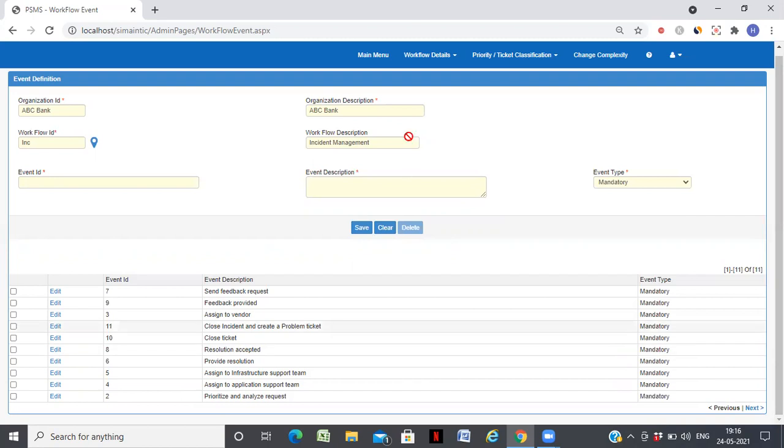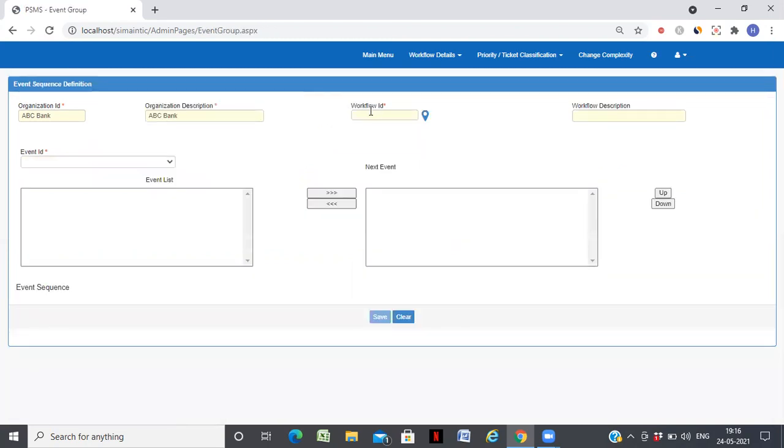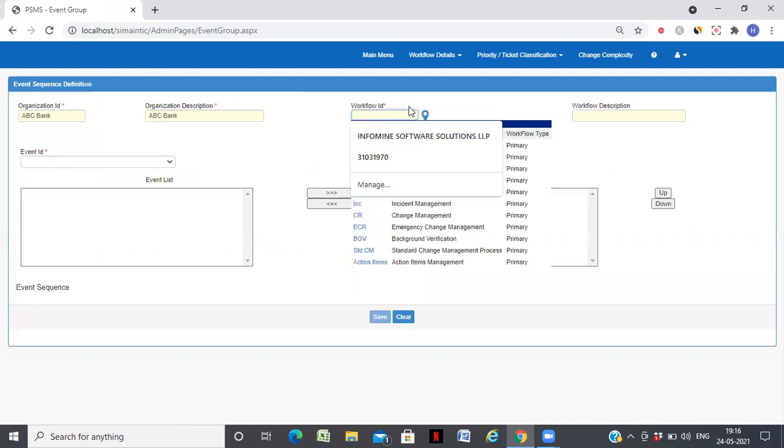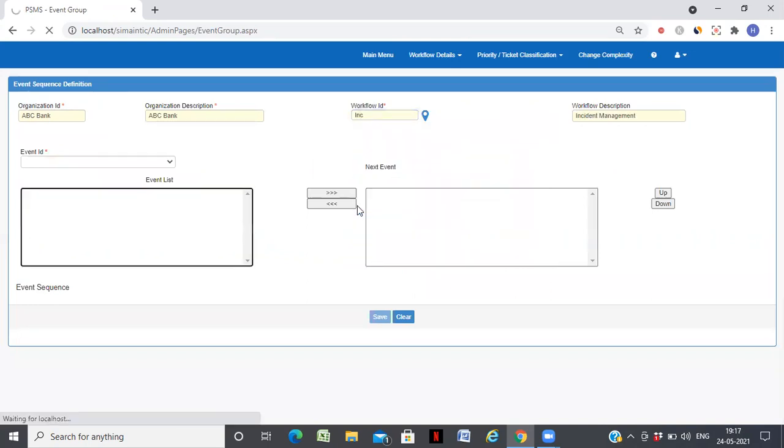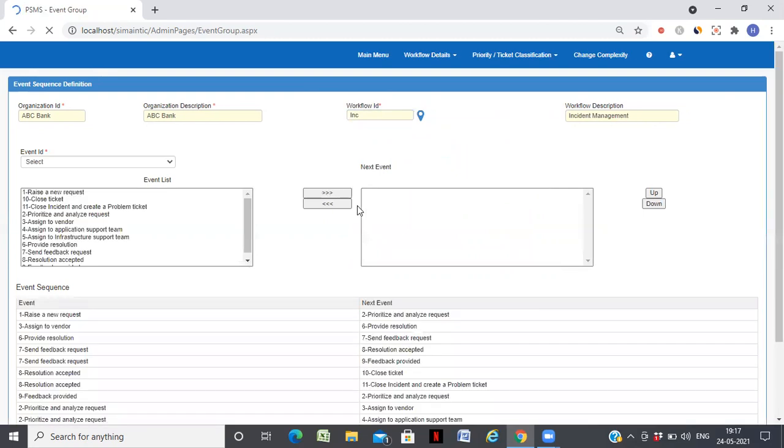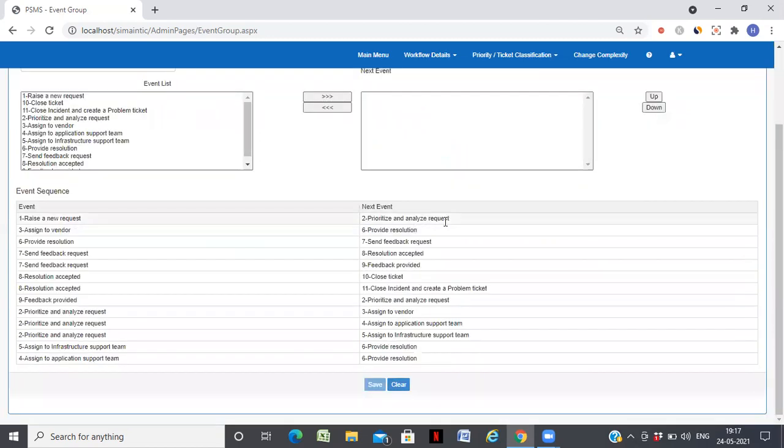Now the next step, once I define the events, I go into the sequence definition where I define the various event sequences. You can see here after the first event, the next event is event 2.